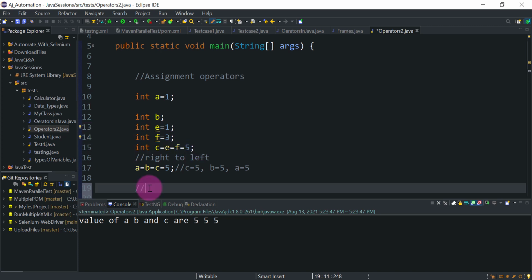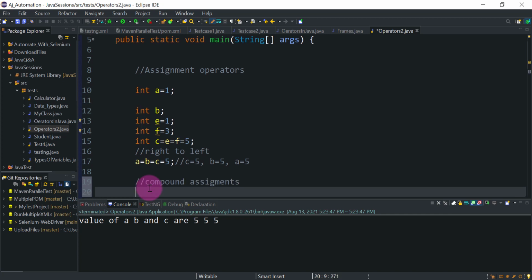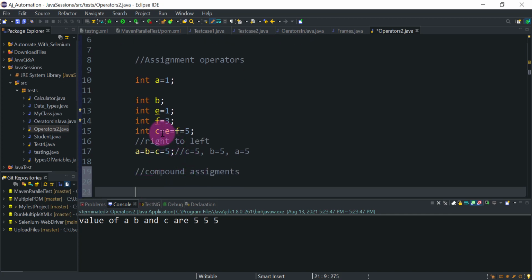So let's see some mixing of the operators that is called compound assignments. Means we are using the equal to sign with other arithmetic operators.